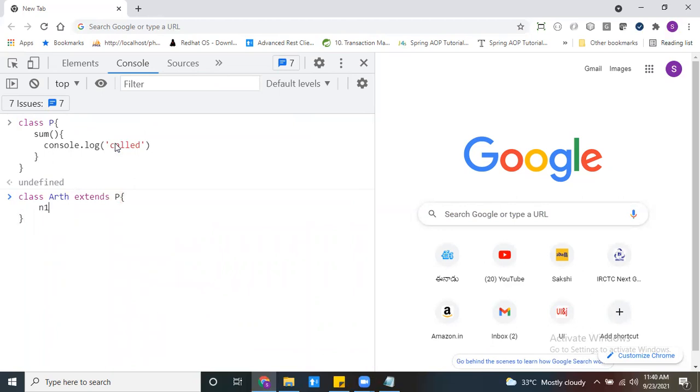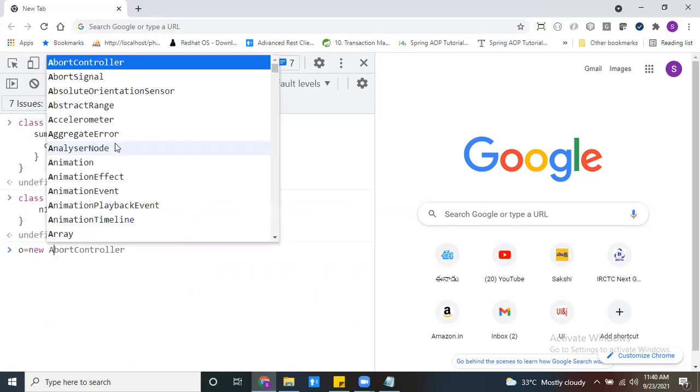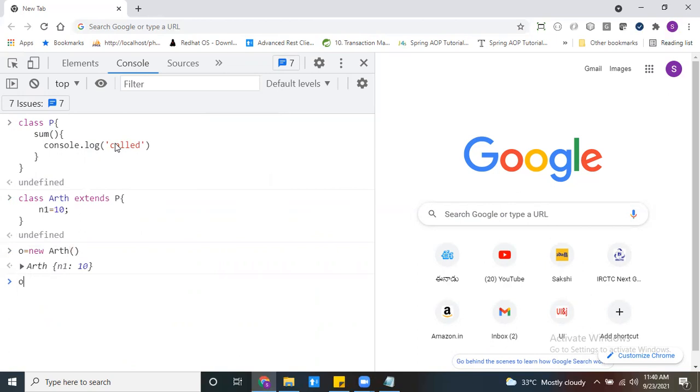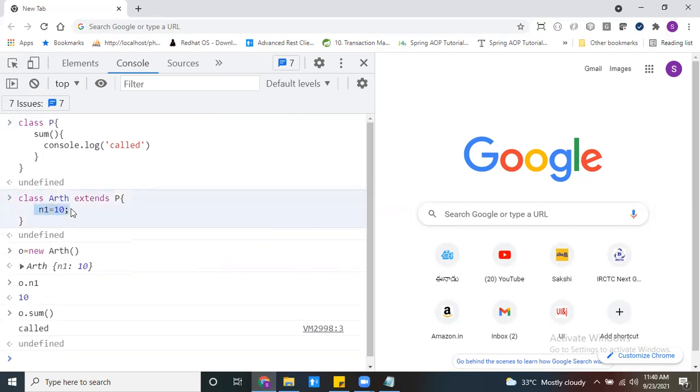Yes, this particular class I want to extend into my class. My class contains one variable. Now if I create an object for this arithmetic class, new arithmetic, yes, now I can call my n1, and now I can call my sum also. This sum is not my own member, it is inherited from my parent class.